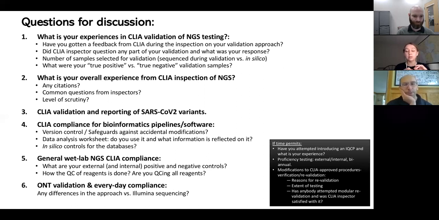No, we do have, when we use CLC, if we ever need to, like when we just updated the workbench, we have already figured out what steps in our workflows we would have to do a mini validation for. And depending on what it is, if you're updating a database, there's no real sense to do a whole validation.